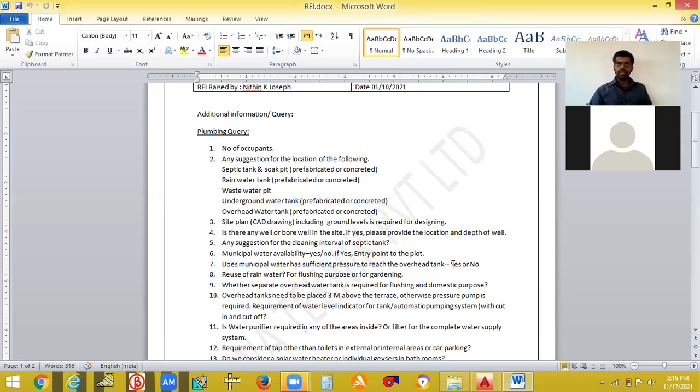So in such a case, we need to know where this well is situated. From that well only we will be drawing the pipelines. So we have to get a clear-cut length as well as an idea of where the different tanks are. If there is any borewell or any normal well, we have to provide the location where it is, and we need to know the depth of the well also, because that height is also taken into account for finding out the pump capacity.